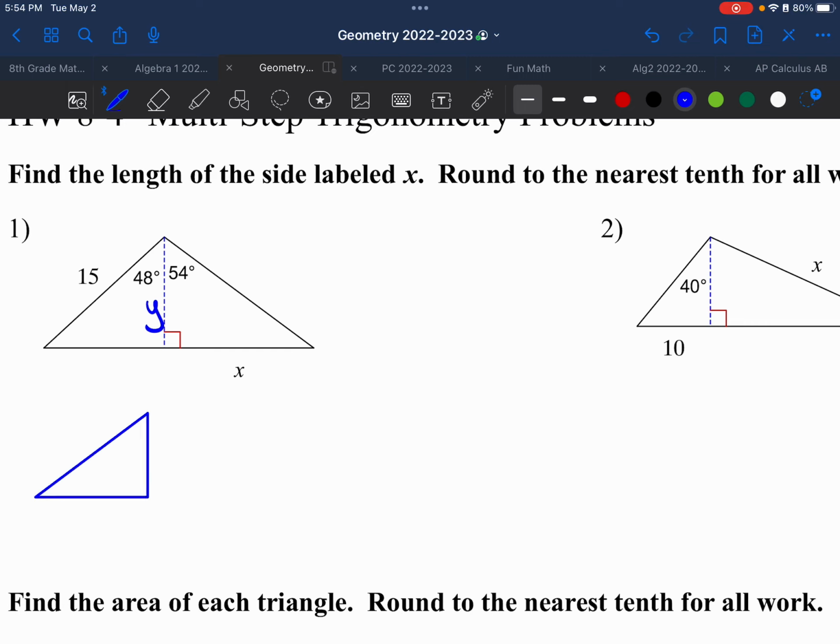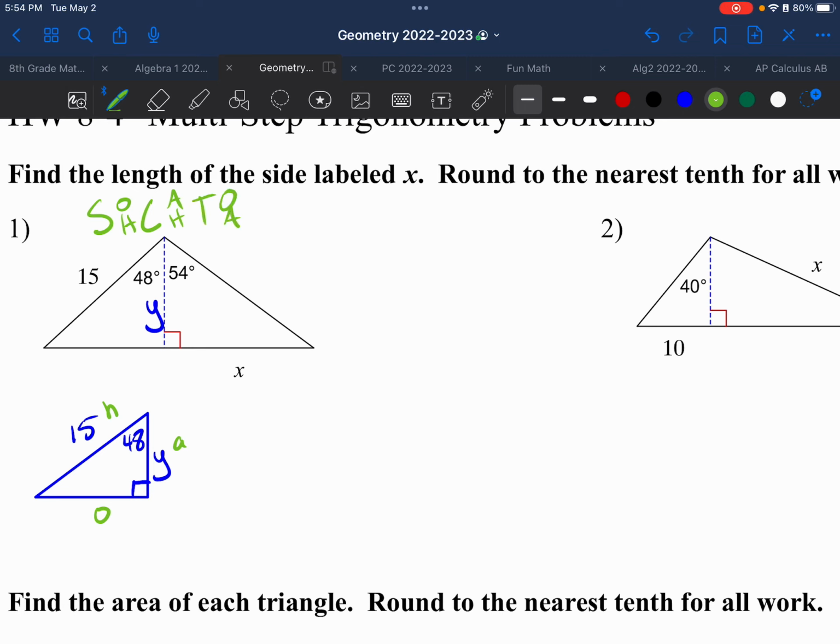I have this triangle that's a 90-degree angle here, 48-degree angle up here, a length of 15, and this length of y that we're trying to find. So let me label this with our O, A, and H. Opposite of 48 is over here, our hypotenuse of 15, and our adjacent of y. So in our SOHCAHTOA, let me write down